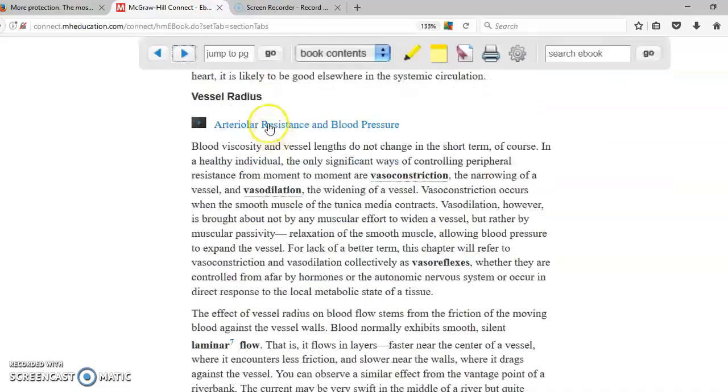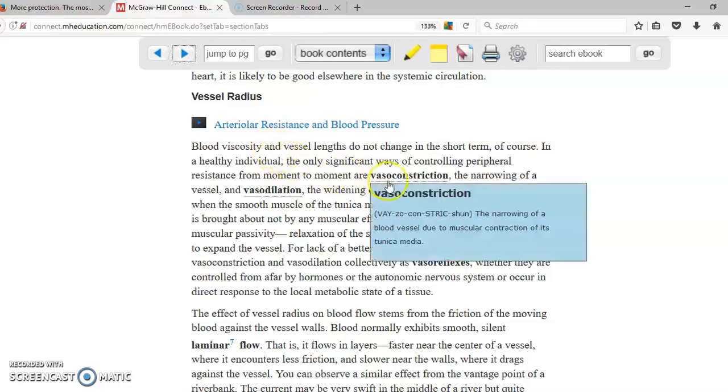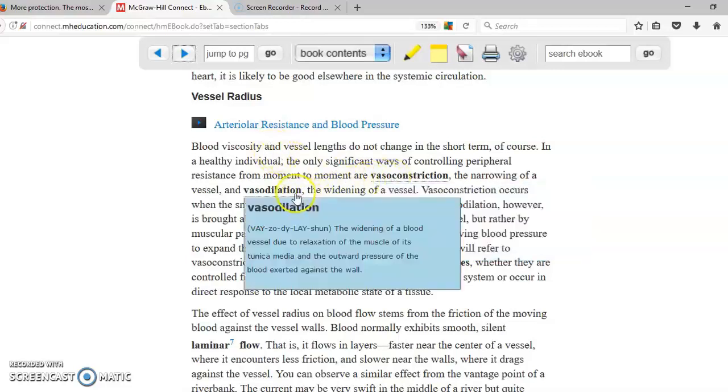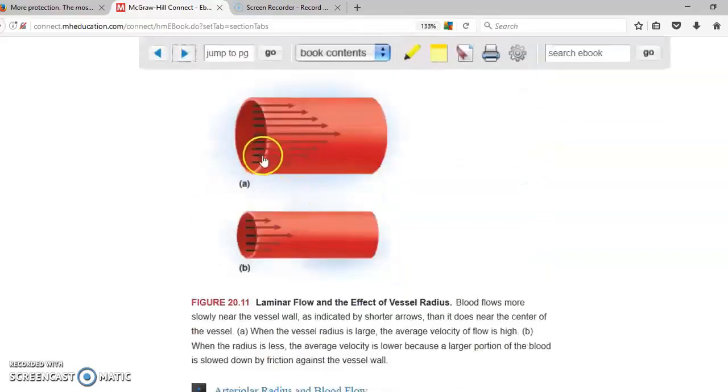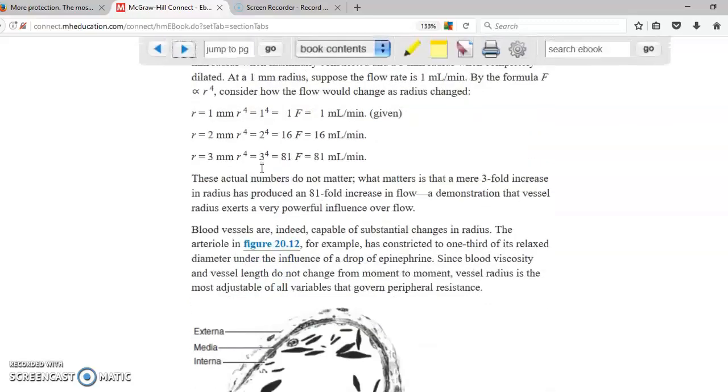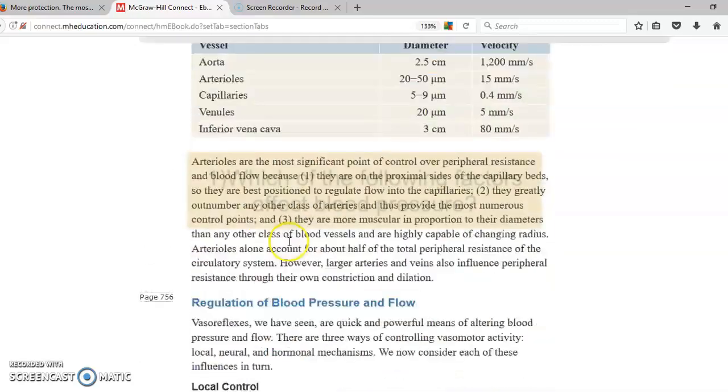Next one, blood vessel radius. The smaller the blood vessel, the more resistance you have. The larger the blood vessel, the less resistance you're going to have. When the blood vessel, for example, has certain length and you make it smaller, then that's going to be vasoconstriction. And if it's smaller and you make it larger, that's going to be vasodilation. So as you can see here, the blood vessel has a larger area right here. So then this is going to produce less resistance than if this one is smaller. If you keep scrolling down,